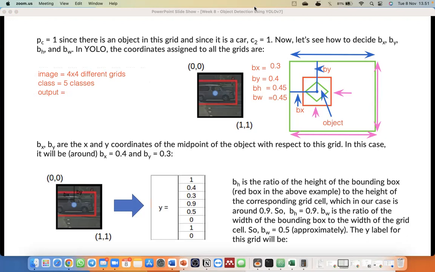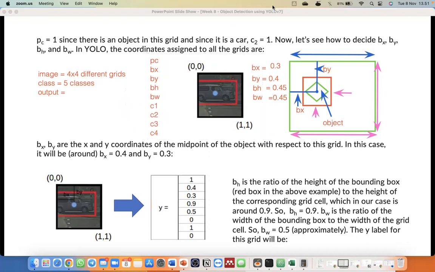So yeah, we have PC, dan PX, PY, PH, and PW, dan C1, C2, C3, and C4. We have the output for each grid, it contains 1, 2, 3, 4, 5, 6, 7, 8, 9.